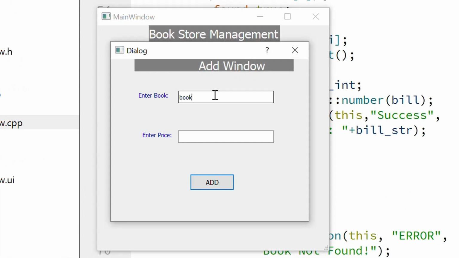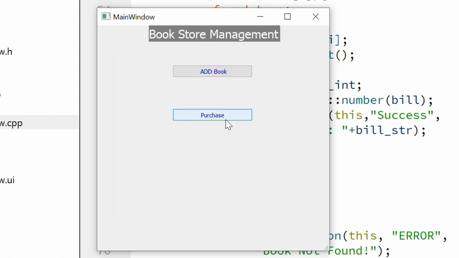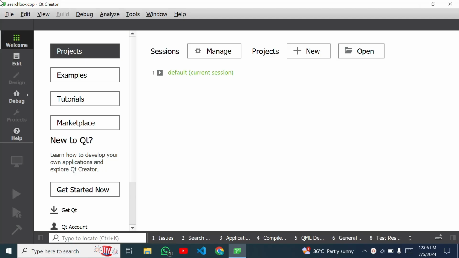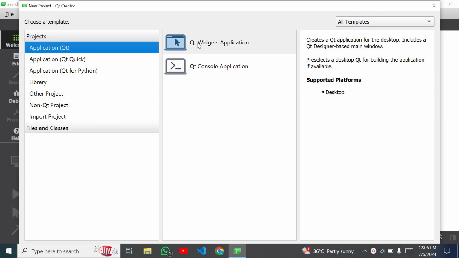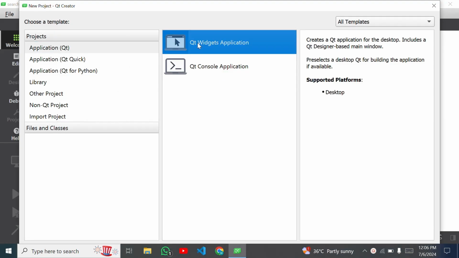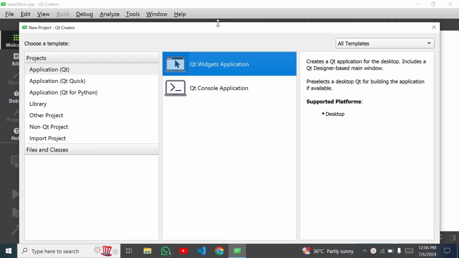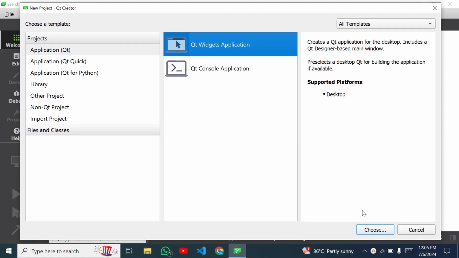In this video, we will create a project for a bookstore management system using the programming language C++. So first you have to open your Qt Creator and then create a new project. For this, you have to click this new or add button and then choose the option Qt Widgets Application. Now I should decrease the size of this window and then I will select this choose